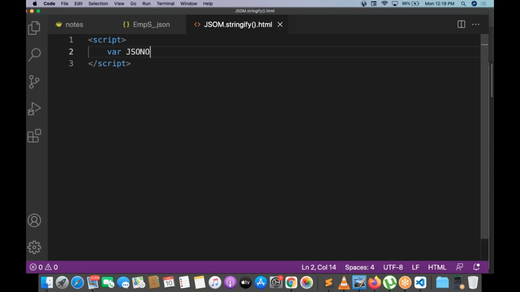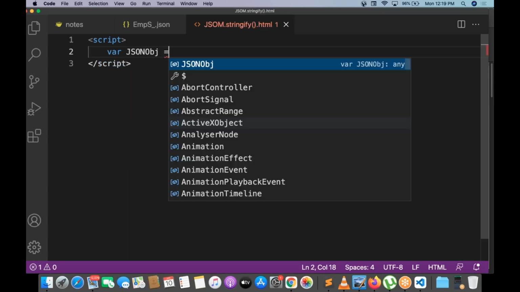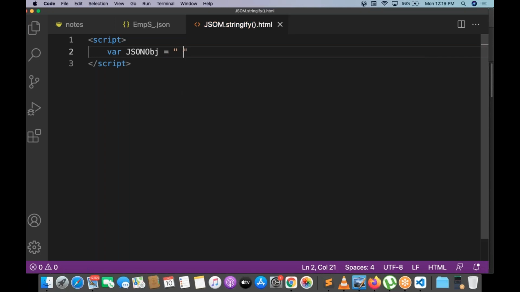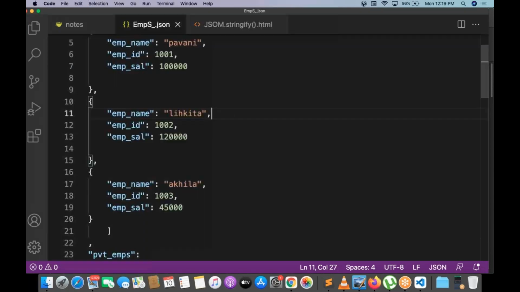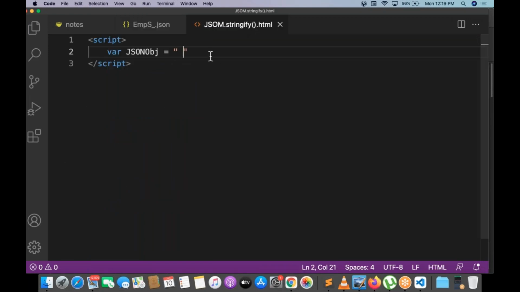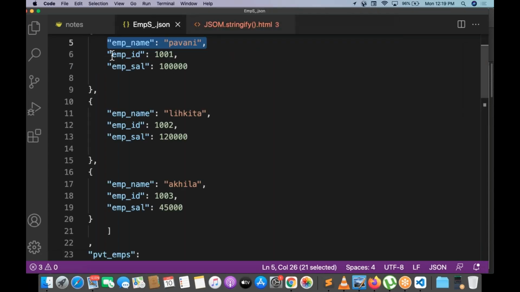I am taking one JSON object. So where is the JSON object? This is the one key. Starting with curly braces, closing with curly braces, and ID.